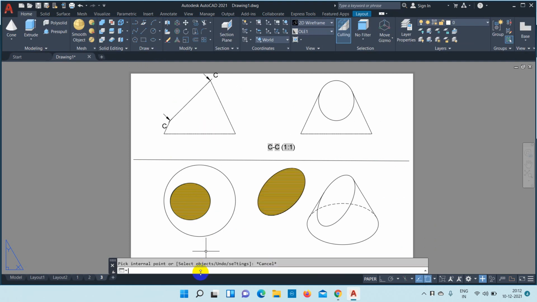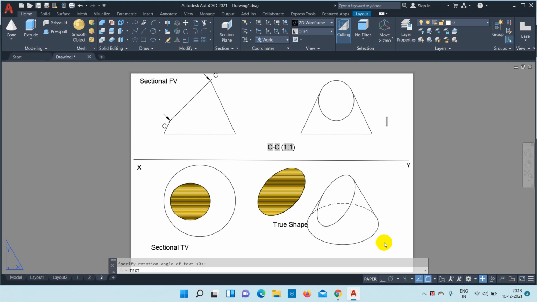Next you can use the text command. I'll write here, height 5, angle of rotation 0, this is x, y, this is true shape, sectional front view, sectional top view, and similarly sectional side view and isometric view.